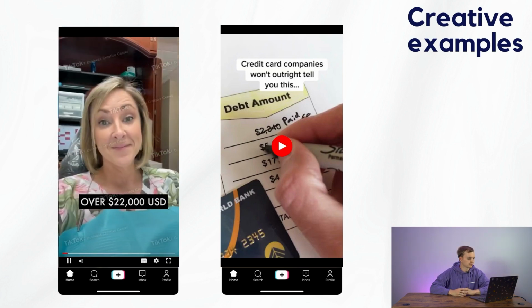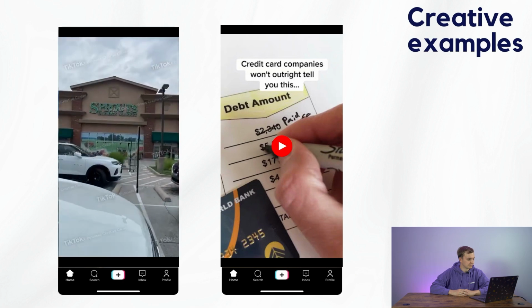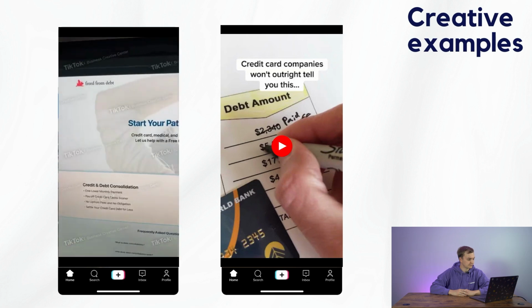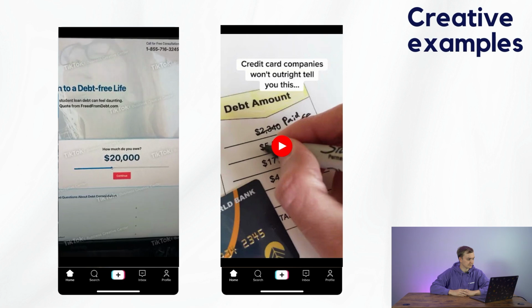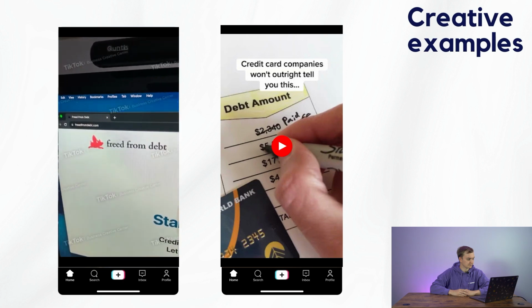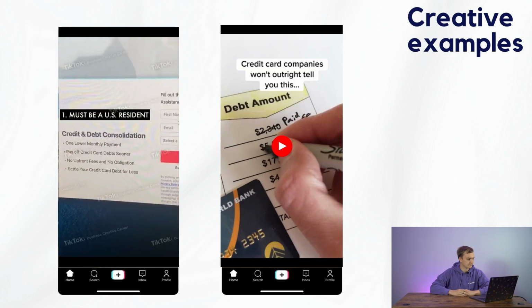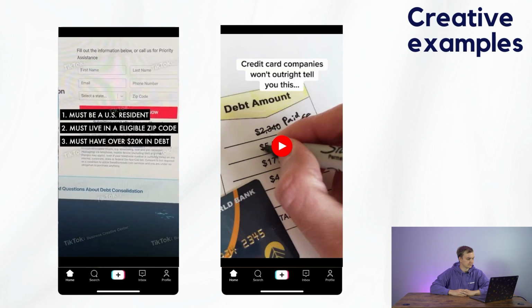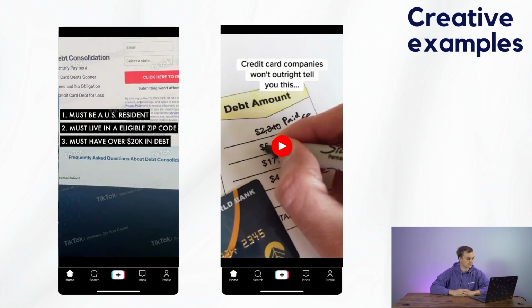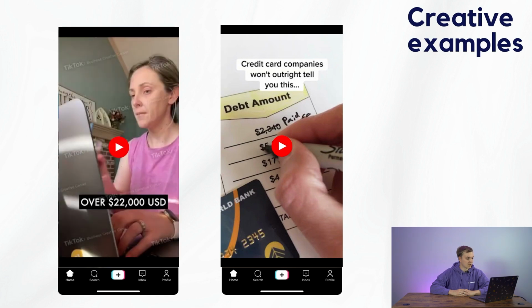My mom was in debt over $22,000 and she needed help because of the crazy inflation. I couldn't help her out myself. But luckily somebody answered our prayers because we discovered this new debt consolidation program, freedfromdebt.com. There are 3 requirements. Must be a US resident, must live in an eligible zip code, and must have over $20,000 in debt. Click the link below and see if you qualified. So at the start you see